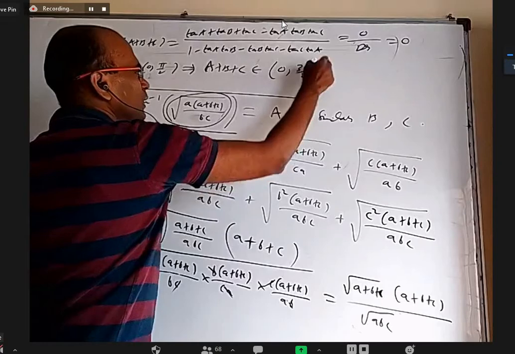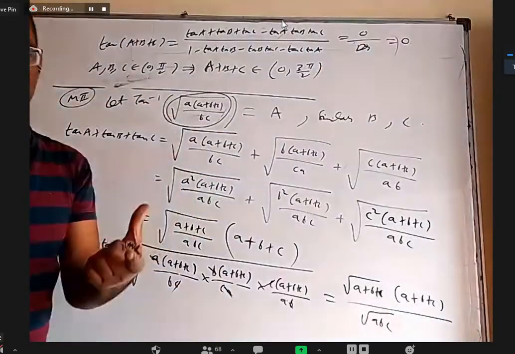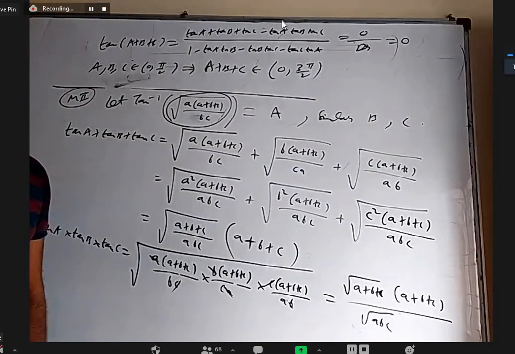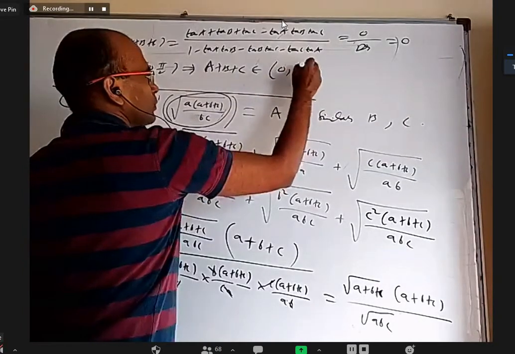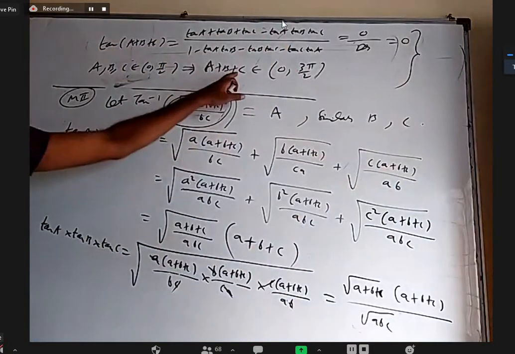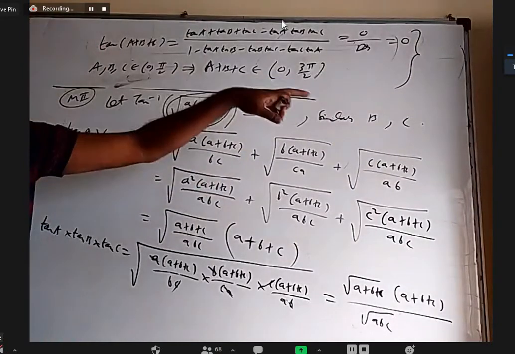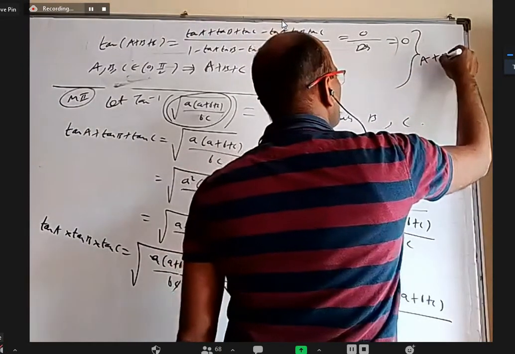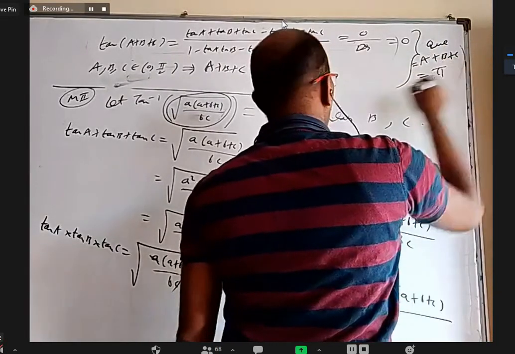Between 0 to 3 pi by 2, tan of A plus B plus C is 0. Tan of something is 0 between 0 to 3 pi by 2. Where is it? 180. That's the answer, 180, done. So this and this put together: A plus B plus C belongs to open interval 0 to 270 degrees and tan of A plus B plus C is 0. That means A plus B plus C is 180. So from that you can conclude A plus B plus C, which is our question, is equal to 180.